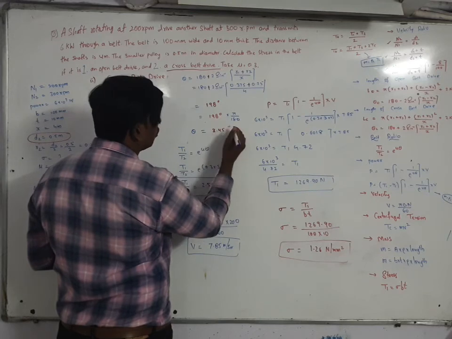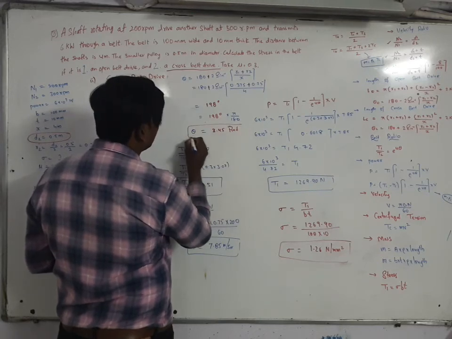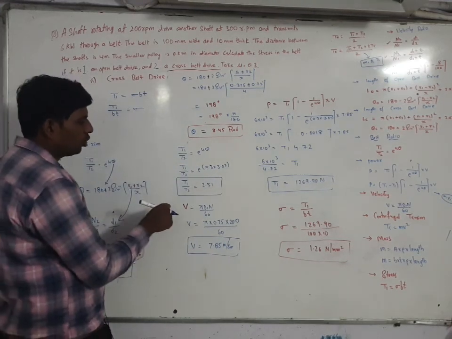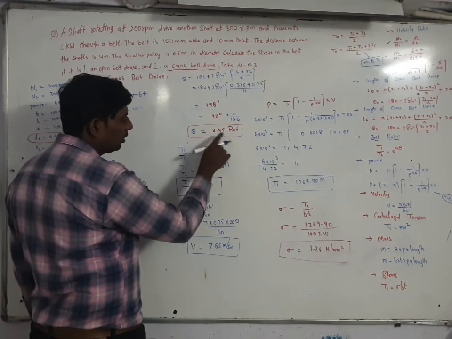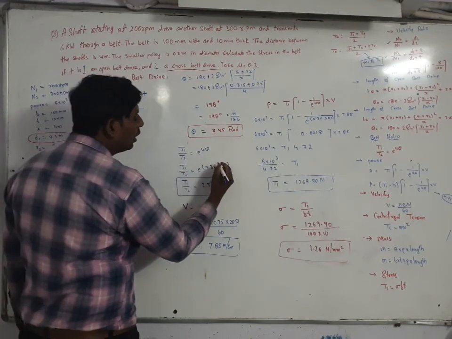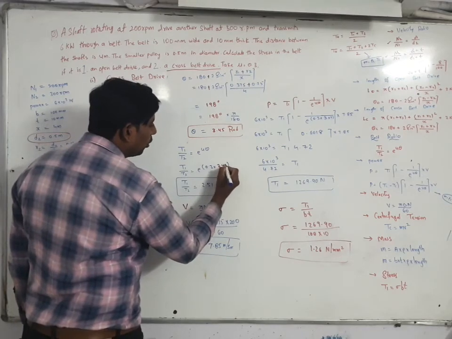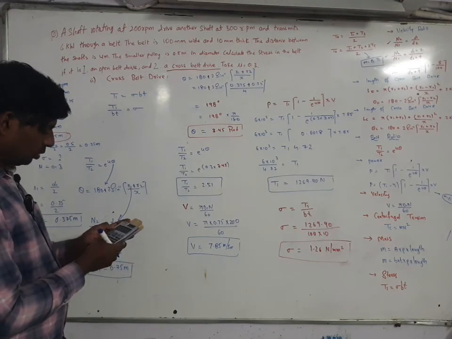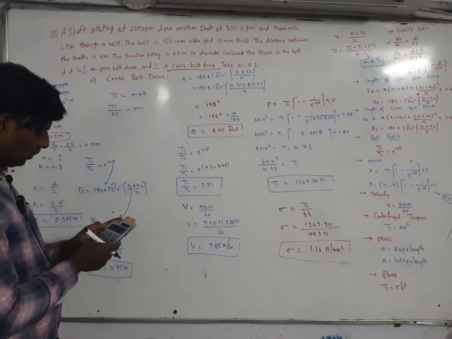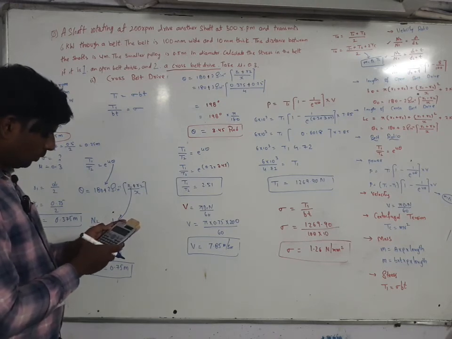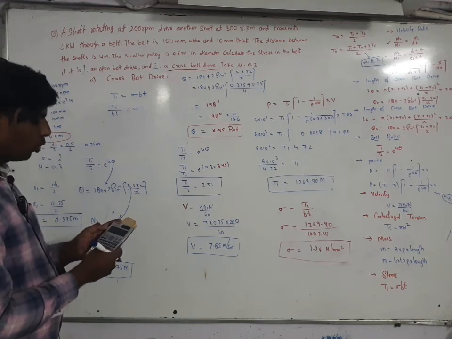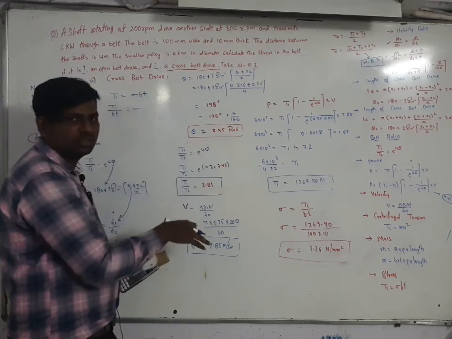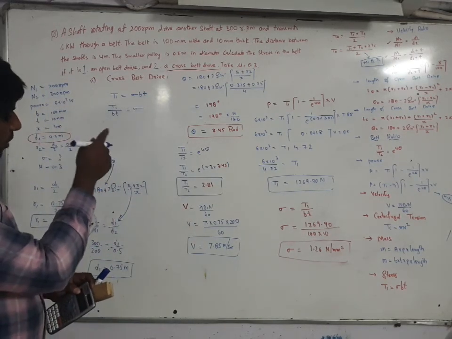3.45 radian, the answer should be in radian. After that, you have to find out the belt ratio. This theta previously was 3.07, now you have to change the theta. In place of that you have to write 3.45. So here e to the power of 0.3 into 3.45, which is 2.81. Whatever changes there are between the open and cross belt, I am writing in red, okay?